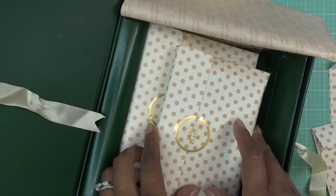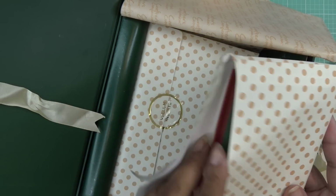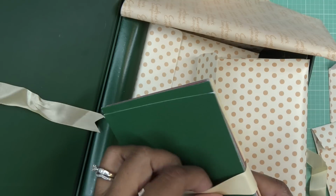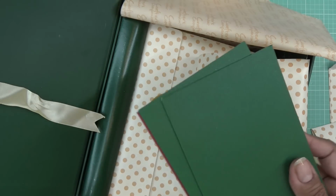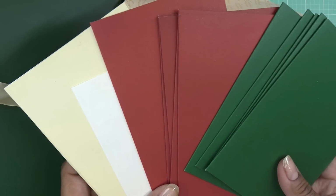Card blanks, again, they're going to be 4 by 6 probably, and maybe 5 by 7s. I didn't really pay attention too much to that, because I already saw it and I knew I was just going to get it because I wanted the Christmas one. But really pretty. And oh, that's interesting. Oh, there must be tape there. Okay, it's some kind of paper that has like a gloss in the back. So one sheet separating those out for some reason,